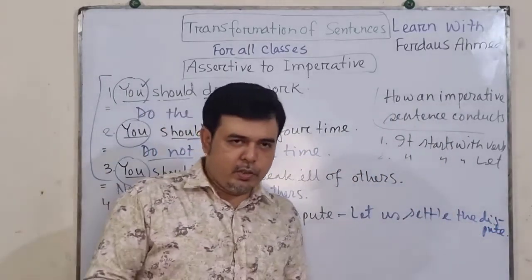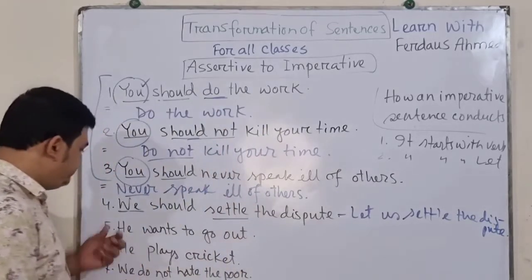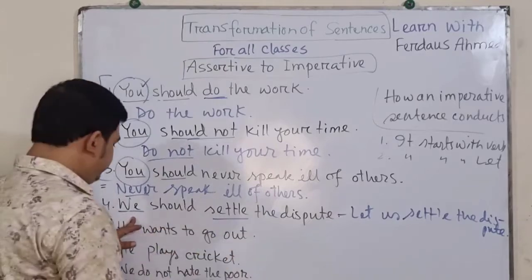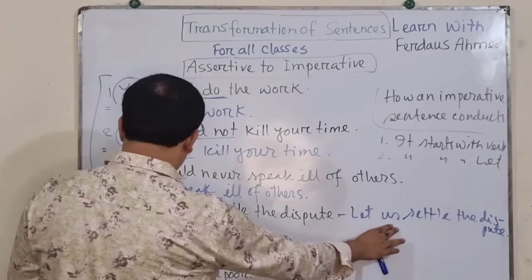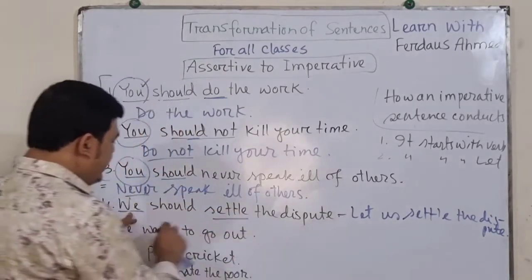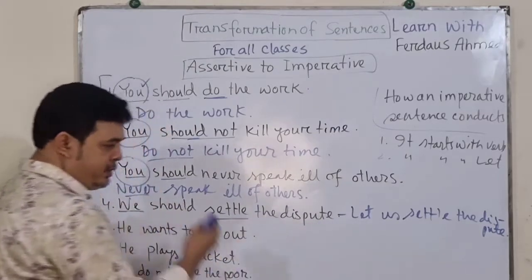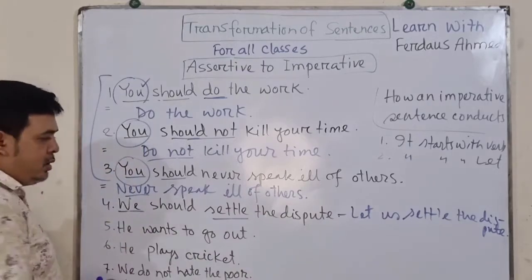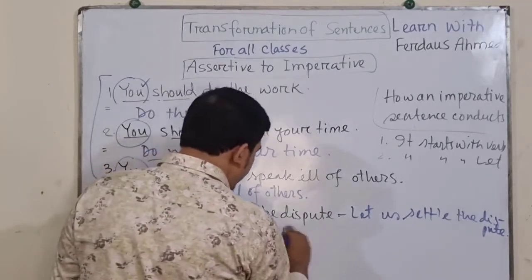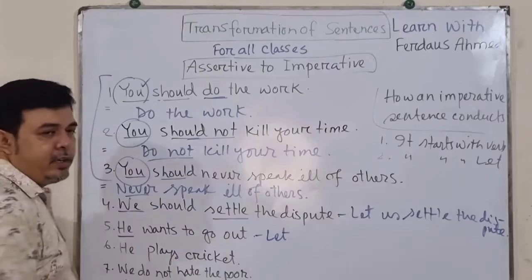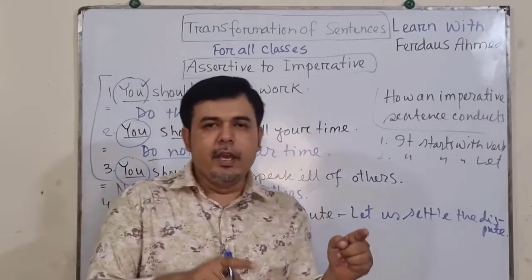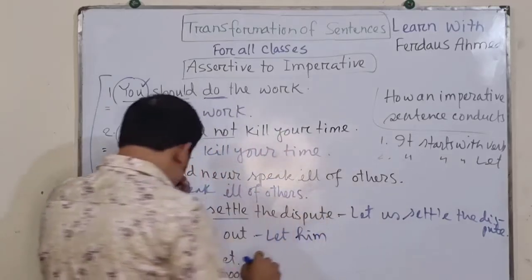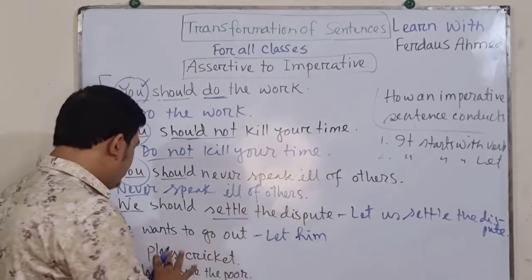So after that, what will we do? After let, we will just give the objective form, that is for we, us, and after that the rest of the things, that means from the verb to the last portion. He wants to go out. So what will we do? We will start with let, after that he. So what is the objective form of he? The objective form of he is him. So let him